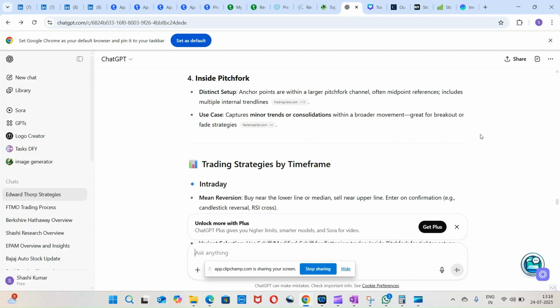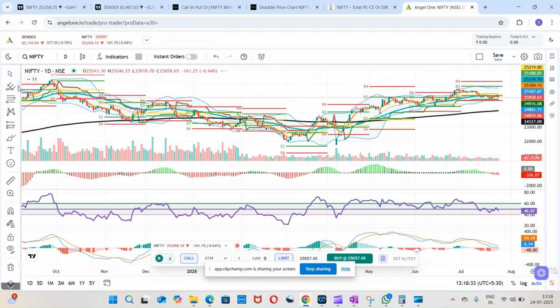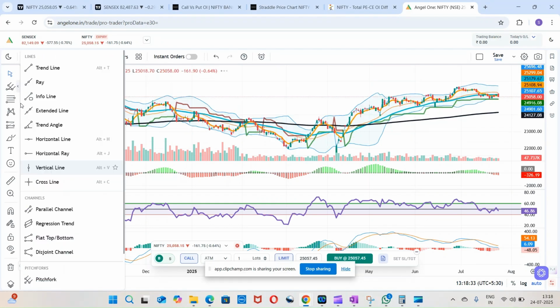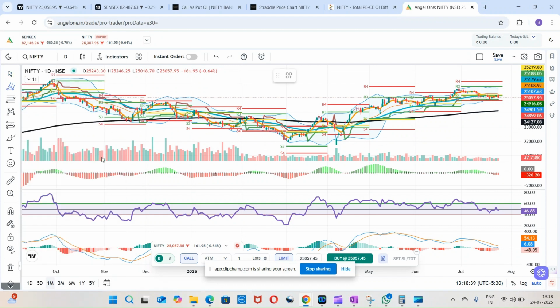So this is like you already drew a large pitchfork channel. Within that you want to identify some internal trends. Then you can use this inside pitchfork. Okay, so let us see the inside pitchfork. This is the inside pitchfork. Okay, so here,